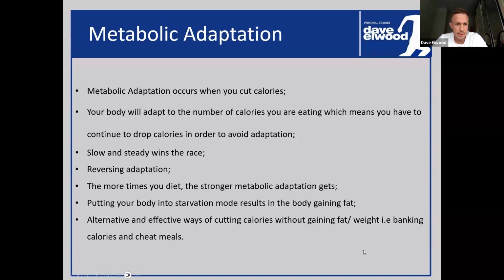Okay. Other ways as well is you can actually bank calories. So say, for instance, you're on 2,000 calories a day, you could bank 200 calories Monday to Friday. So there's 1,000 calories banked. And then on a Saturday, you could add 1,000 calories on. So there's 3,000 calories, which would allow you to get your Chinese, or you could split it over the 2